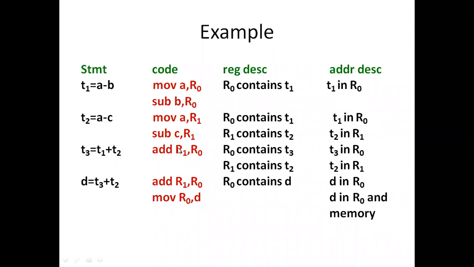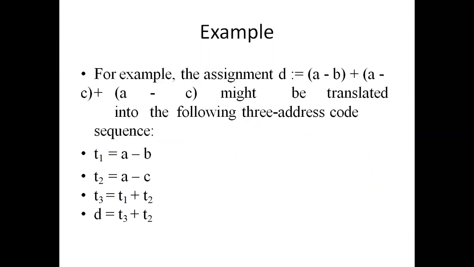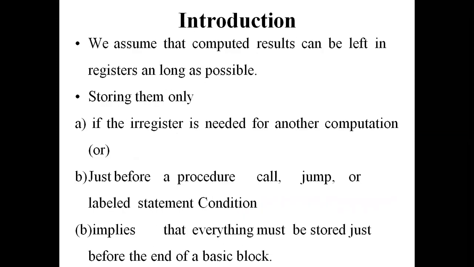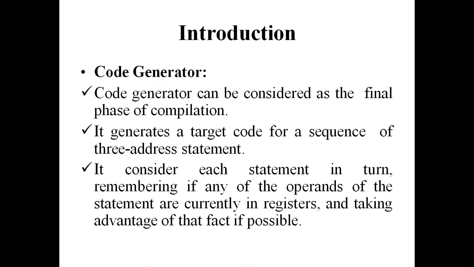If you know each and every fundamental thing about code generation, from the starting of this class, the introduction, why code generation is the final phase of compilation, and what input we are taking for implementing code generation. Here the main role is for the code generator, not the code generation. We are generating the code with automatic code generators.